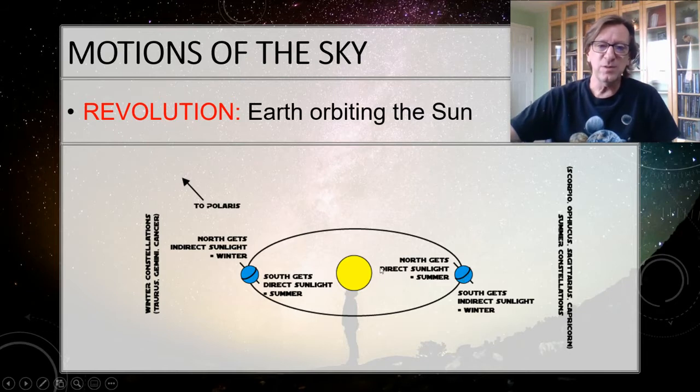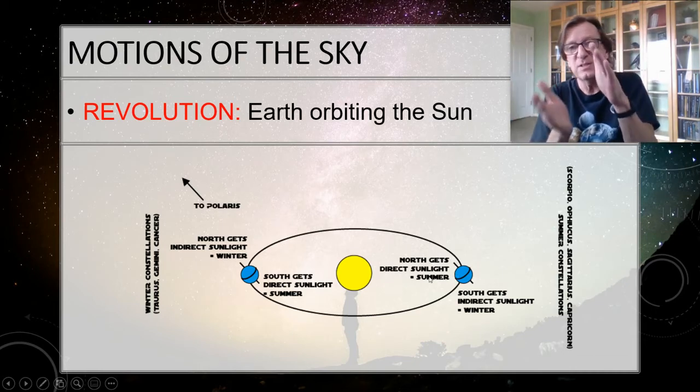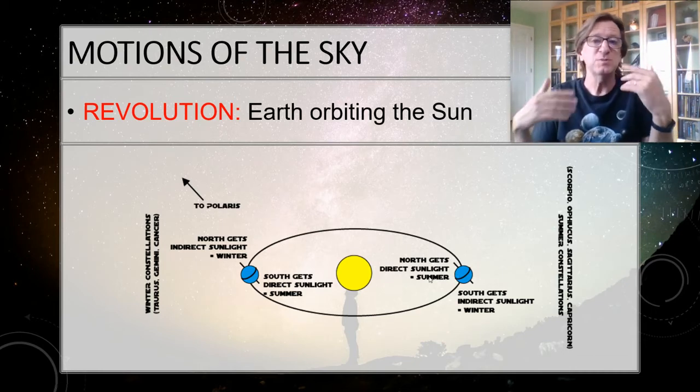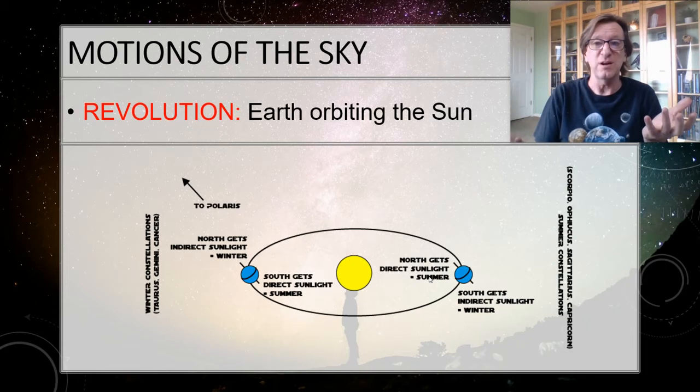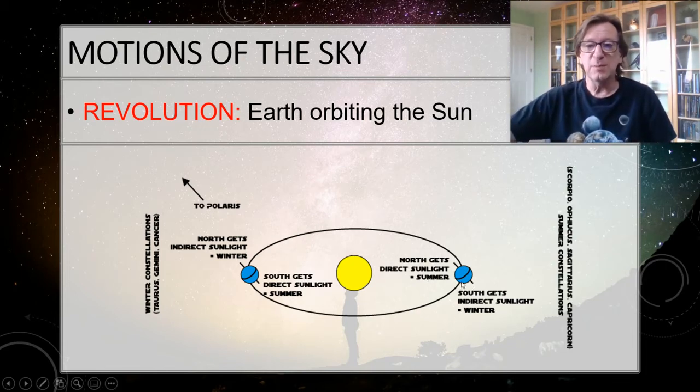So if you look here in the northern hemisphere during the summertime, all the sun's rays are concentrated in a very small area right here. So all that energy is in a small area, and so the ground gets hotter, which makes the Earth warmer in that particular area, and so we're going to have warmer days. On the other hand, in the southern hemisphere, that same energy gets spread out over a much larger area.